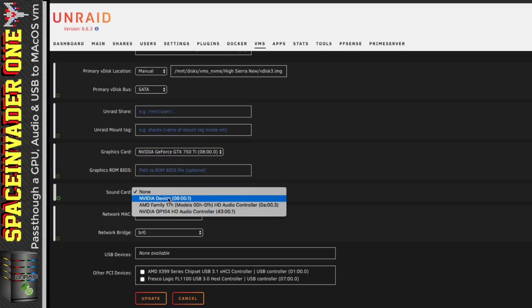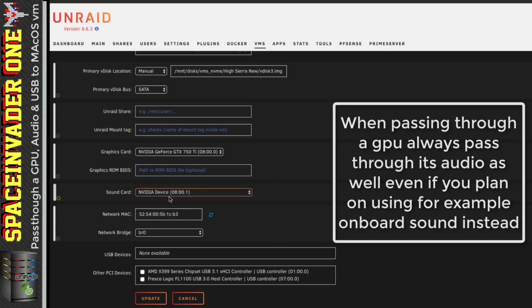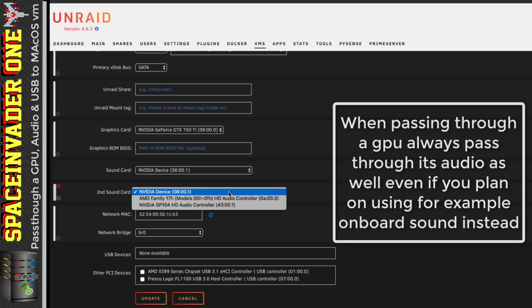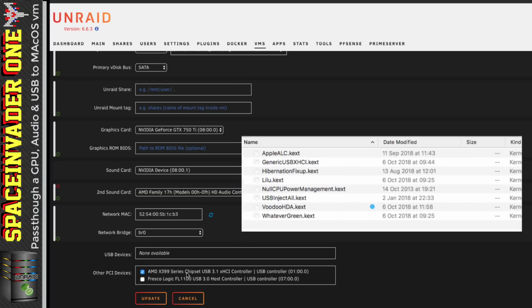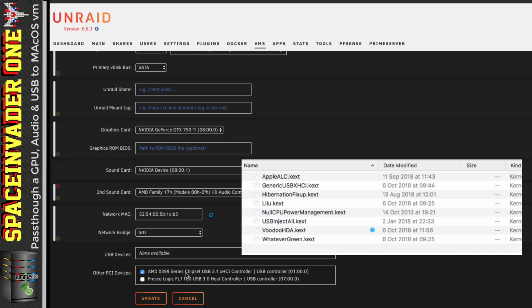For sound card, obviously I'm going to pass through the corresponding sound counterpart of the graphics card here, but also I want to pass through my onboard sound as well, so I'm going to select my AMD HD audio controller here. And at the bottom here I've got two USB controllers that I can pass through. Now normally to an OS X VM I like to pass through the Fresco Logic controller, because that's natively supported in OS X, but you can also try passing through any USB controller you like, because I've included various KEXTs for USB controllers and audio controllers in the actual Clover that comes with this video,